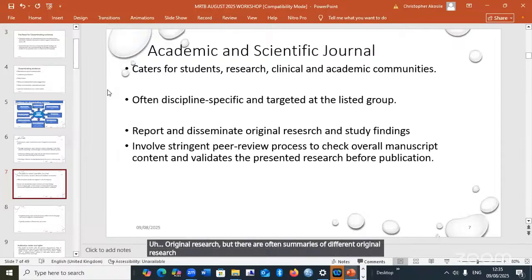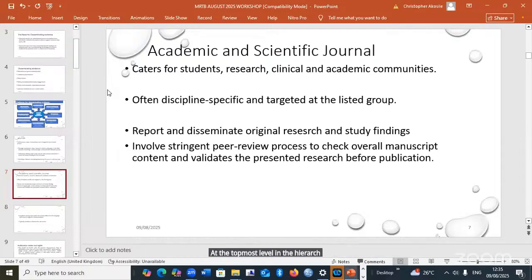So they can still come in under this. And because they are even at the topmost level in the hierarchy of research, because they have synthesized information from multiple groups of researchers to give us information.